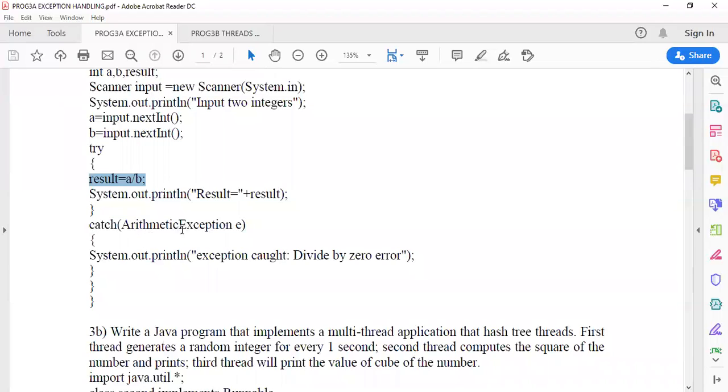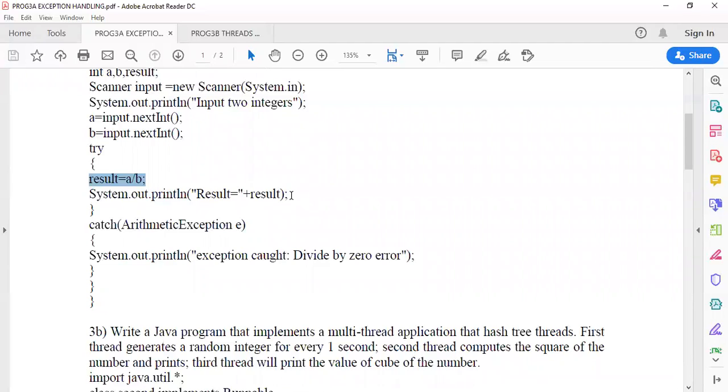Even if an error or exception is raised in any part of your program, that error should be caught, and after catching it, the remaining code should be executed successfully, and the program should complete successfully.